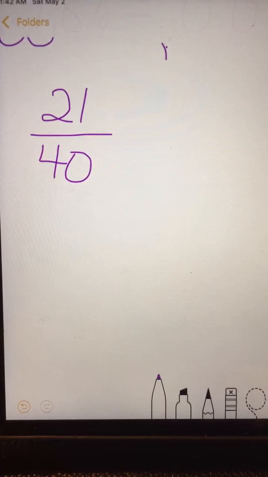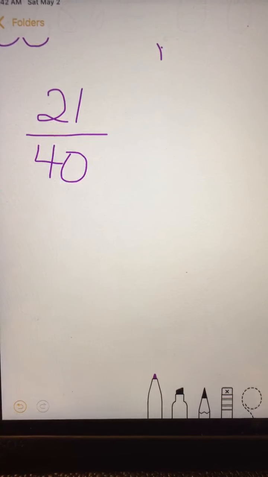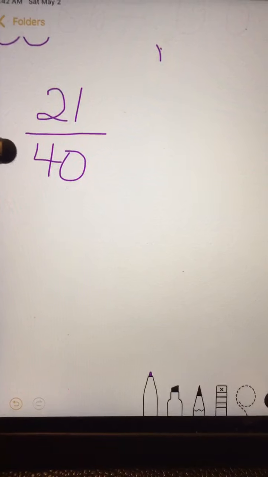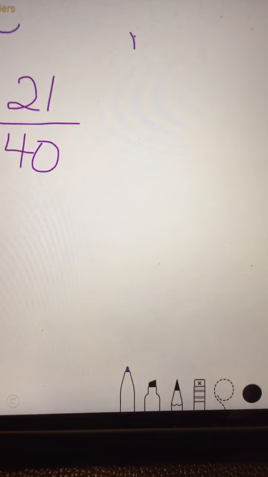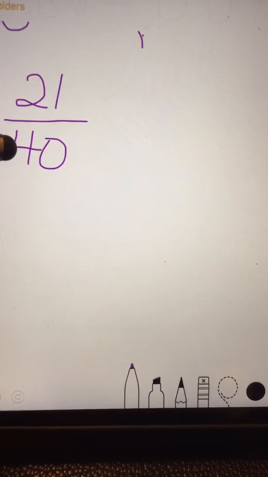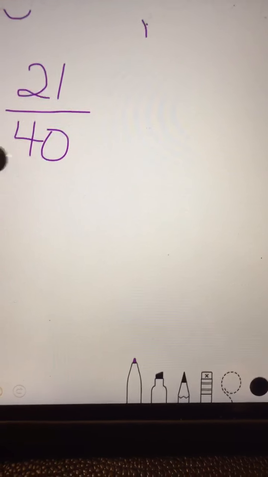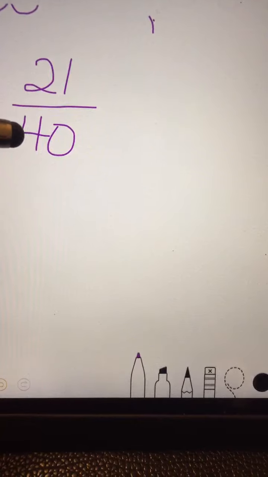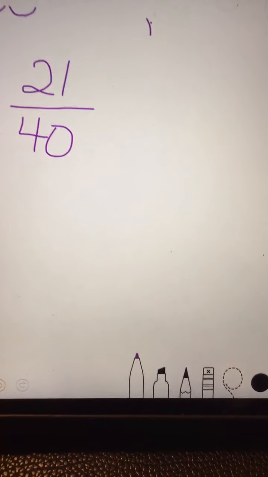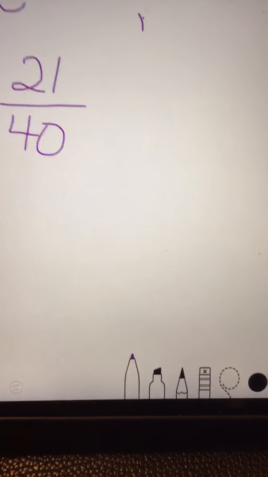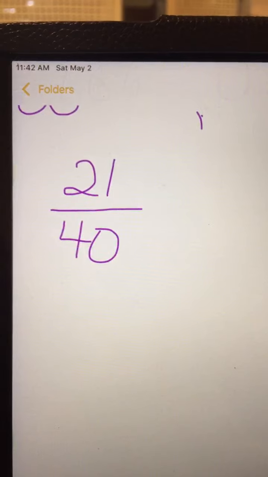Now normally in the past when we've taken a fraction, the denominator's already been at 100. And we've said, okay, if it's not at 100, make it an equivalent fraction to 100. But we're not going to do that this time because 40 can't change into 100 easily and evenly. So what we're going to do is,